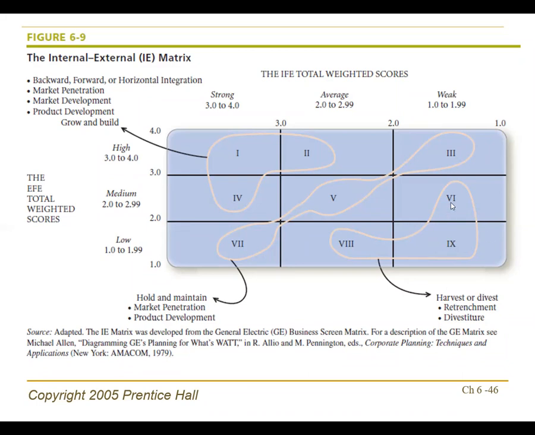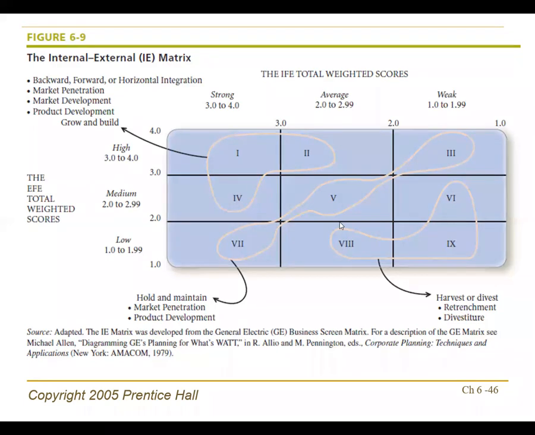And if you belong to these boxes, this group number 6, 8, and 9, then you go for harvest and divest. The harvest and divest stage is either retrenchment or divestiture, because the position of these boxes is not good. So here you can again select an appropriate strategy according to your position. You locate yourself into any box